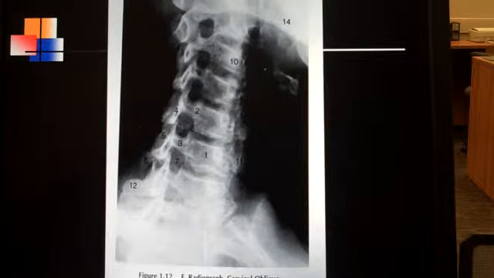In this video, I wanted to discuss the cervical oblique views, and this picture is coming straight from Yochum and Rowe, and it is the film that is numbered in the textbook. I chose this one because if you're looking at your textbook, I also want you to realize that you have four